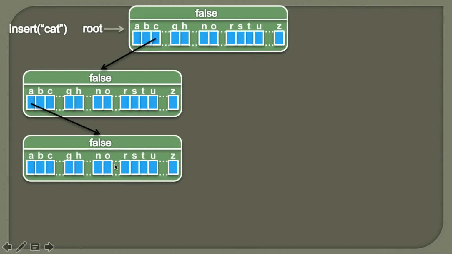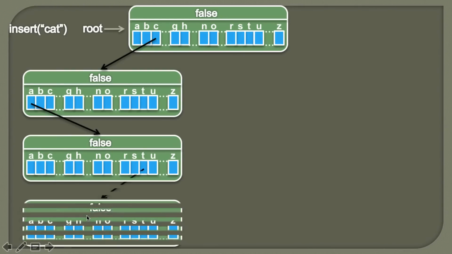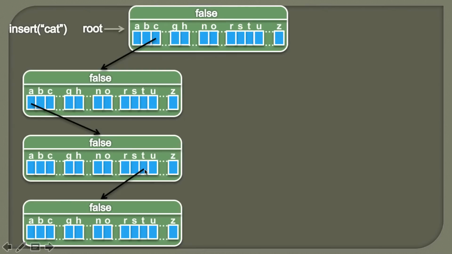When we reach this trie node, we simply traverse to the index which maps to T, and we see whether it's null or not. Here you can see it points to null. So in order to insert T, we'll first create a new trie node, and then we will simply refer to this trie node from the index which maps to T. Also friends, once we insert this trie node, using this link we'll simply traverse to this trie node.